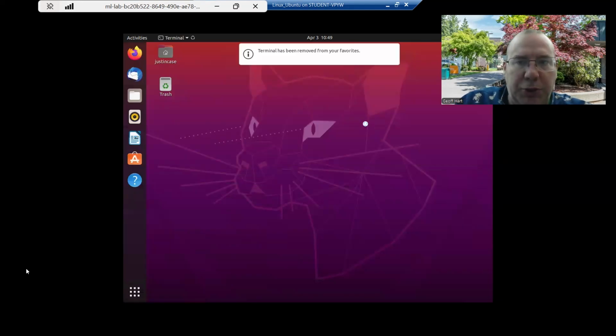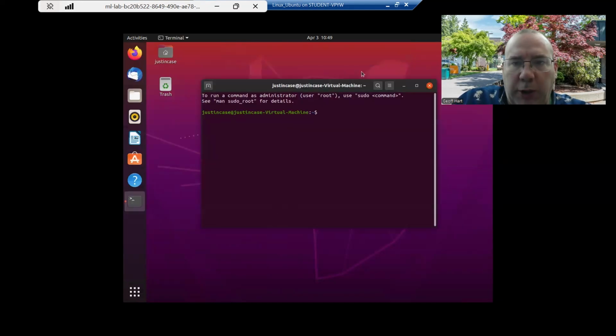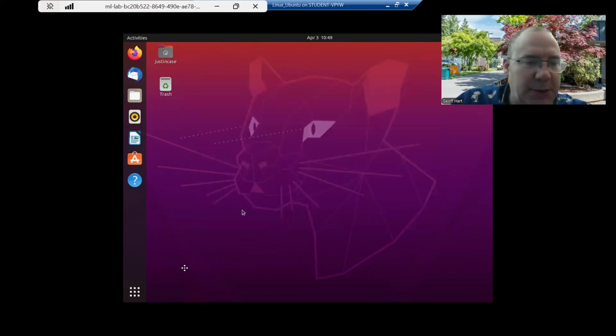And what you want to do when you start this, one thing to do to make it easier on yourself is you can go down here to the tiles.